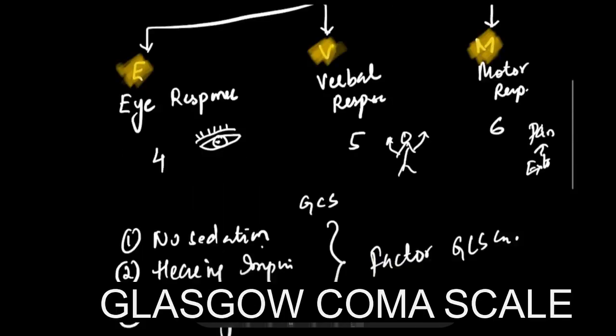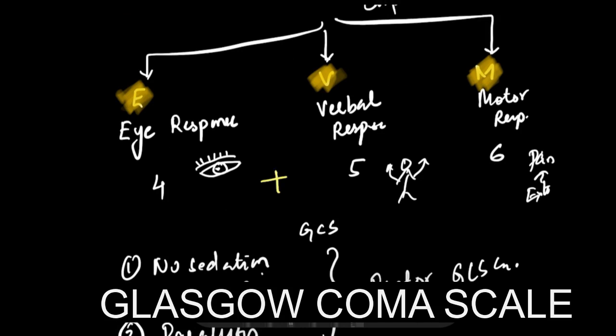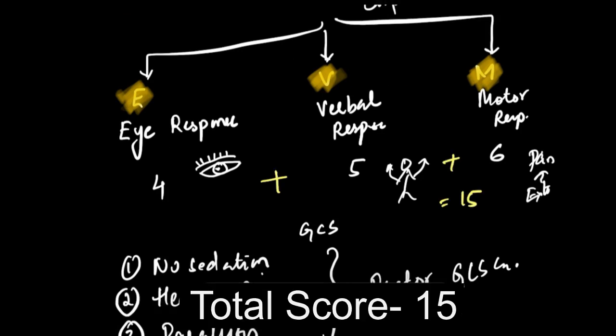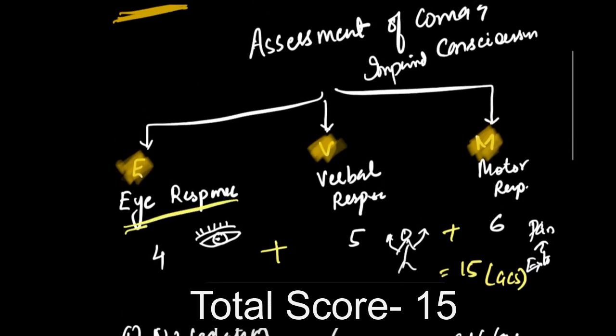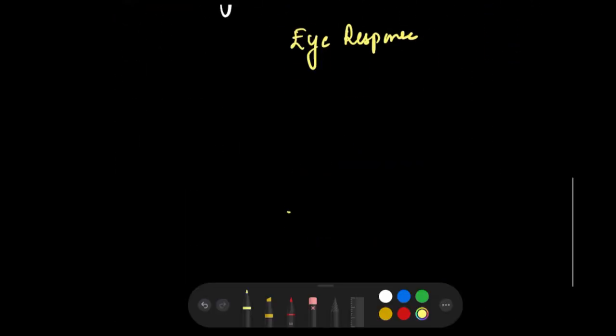As I told you before also, 4 plus 5 plus 6, the total score is 15 for GCS. So first of all, we will talk about the eye, then we will move towards the verbal. So in the eye response,